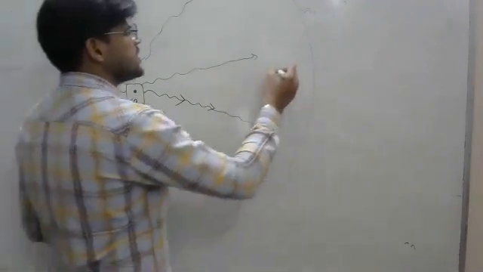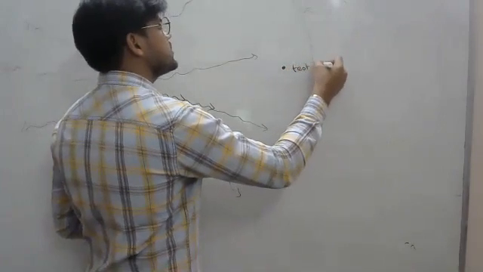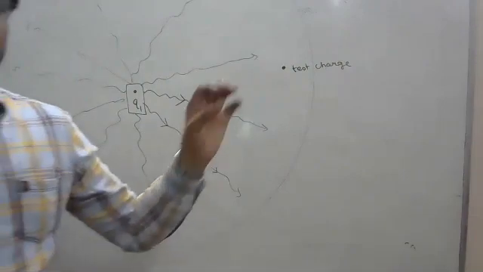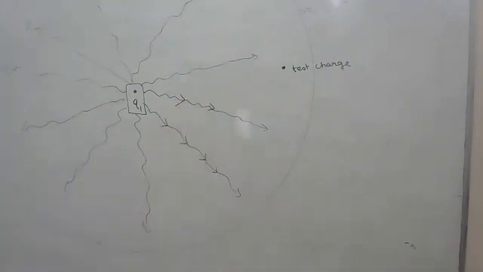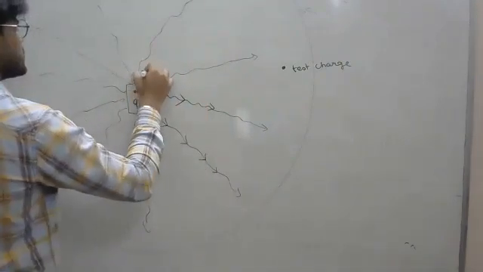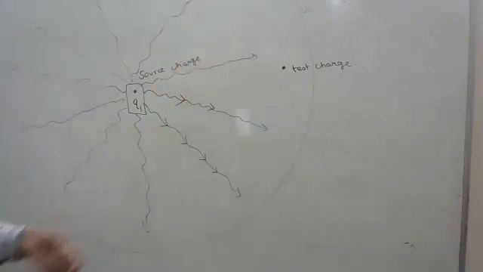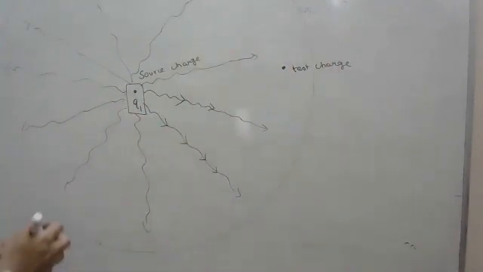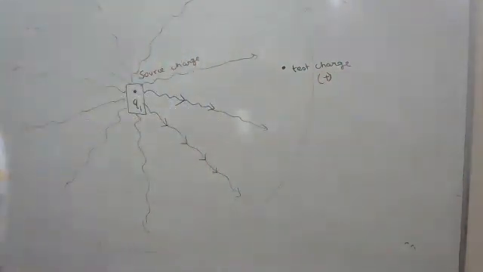We may consider a single unit charge. We may consider a test charge. What is a test charge? A very, very small charge. It's so small, there's no value to it. But if we just assume there's a very, very small charge, उसको नाम दे देते हम test charge, and इसको नाम दे देते source charge. The charge whose electric field you want to understand about will be known as source charge, and you will be considering a very small charge, test charge, and test charge is always considered to be positive.